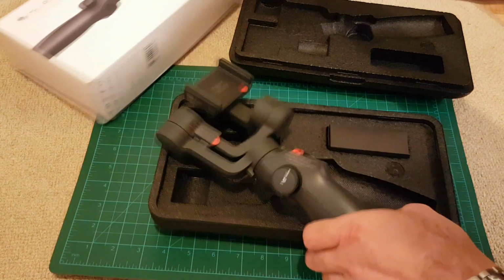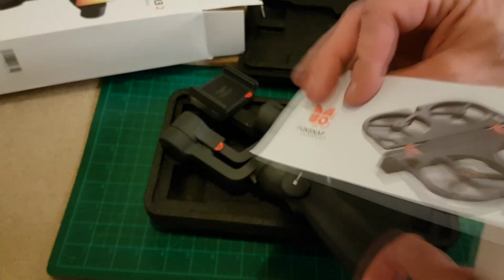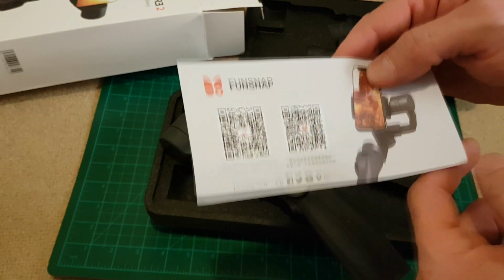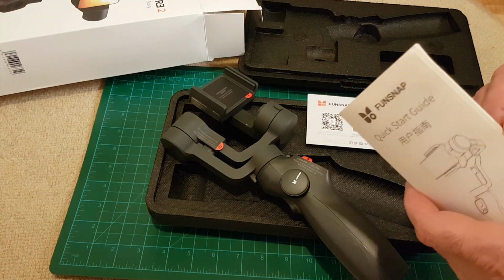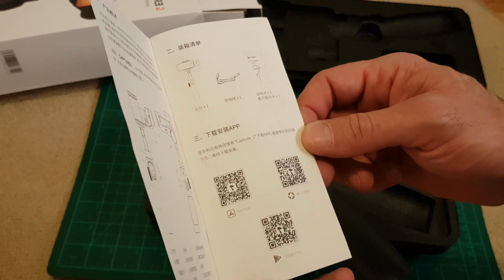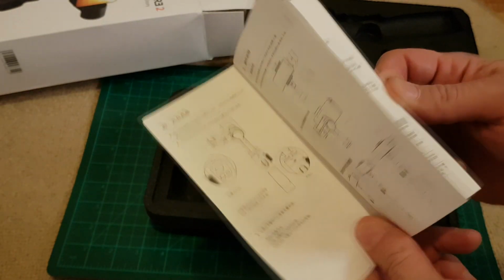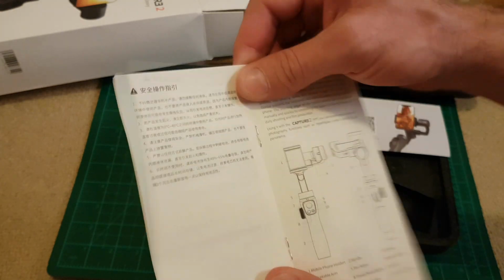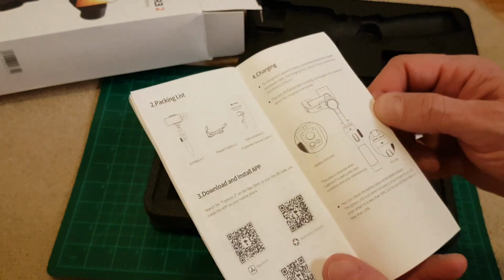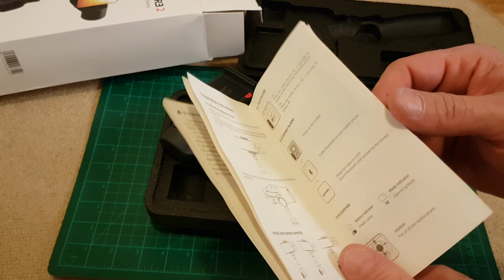I don't see any manual here. It's in the box here. Sorry. This is for the application where you can download the Android application, probably for iOS. I will check that out later. Also here you have where you can download the application for iOS. This is all in Chinese. I don't see English. Yeah, there's the English manual as well. Okay, I have to check that out, charge the battery, and then I will return with specifications and show you